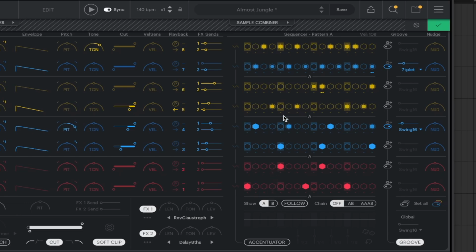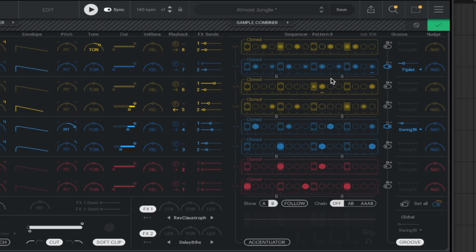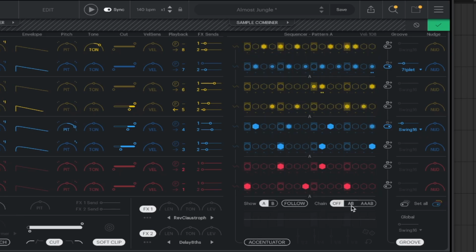Like I was saying, we're limited to 2 patterns here. Obviously here we have 16 steps, and same with the B, right? So if we have it just set to A, it's only going to play A. If we have it set to B, it's only going to show us what's here in B. And if we have it set to A, B, it's going to play those different sequences based off of the order that you choose. So A, B,